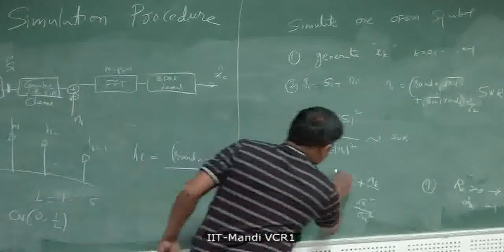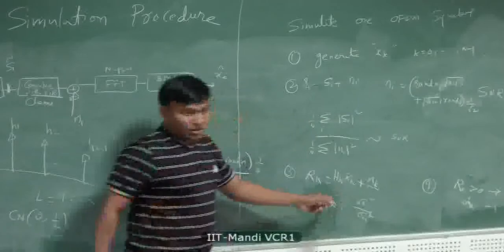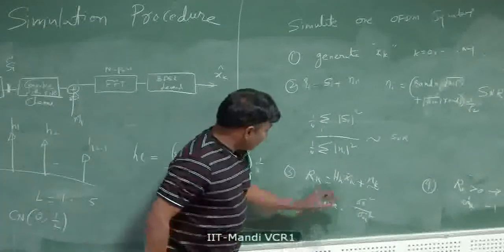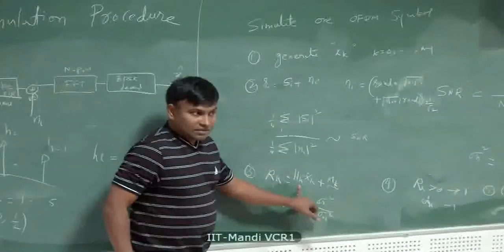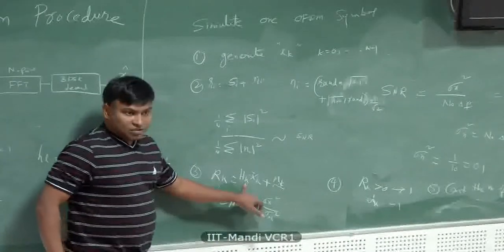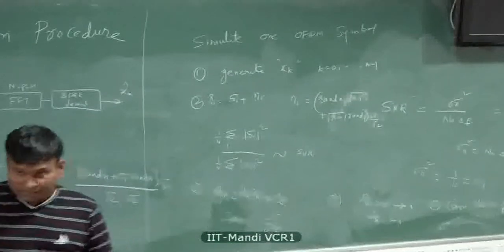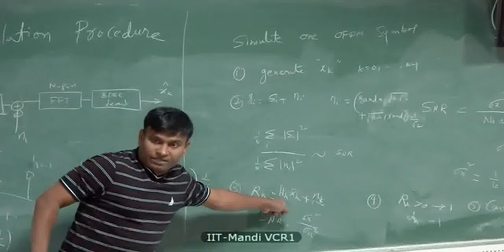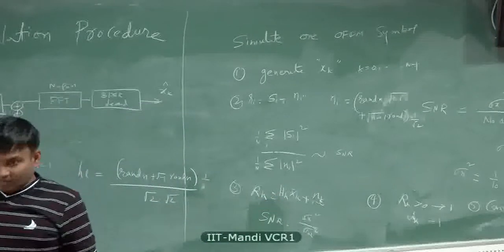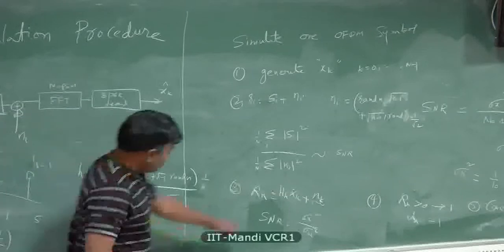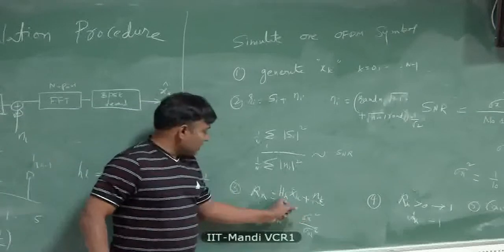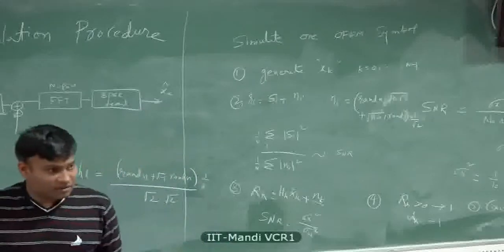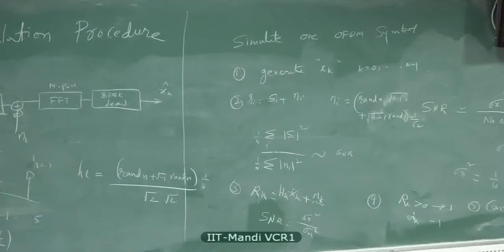When you demodulate, you will have HK here, and HK you have to compute again in MATLAB. And at the receiver, you have to scale the RK by HK, so that you can make decisions. Otherwise, the decision boundaries will get skewed if you don't scale it with HK, because it's a complex number. It's not real. So you have to put HK conjugate so that this becomes real, and then you can compare with the decision boundaries.